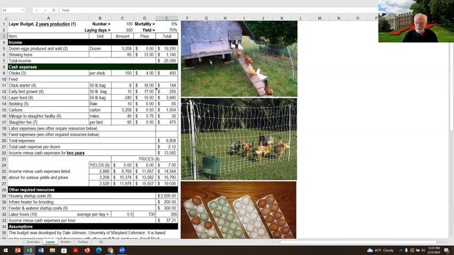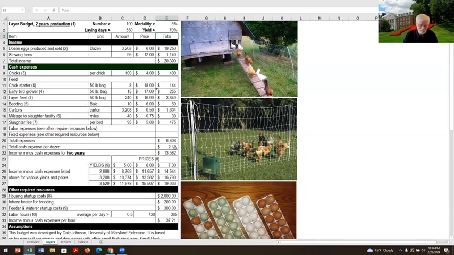But oftentimes you can build these. You can get these wagons anywhere and build a building on it. You can do it for $2,000. You can have a pretty good building for $2,000. Oftentimes you can find old materials cheap, and it doesn't have to be pretty. It needs to be functional. In my layer house, it's got layer boxes open down the side so I can get the eggs from the outside and don't have to go up in there. You want to be thinking about things like that, because that affects how much time it takes to do this.